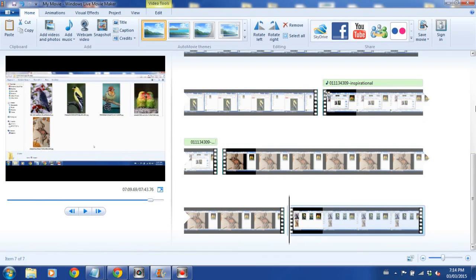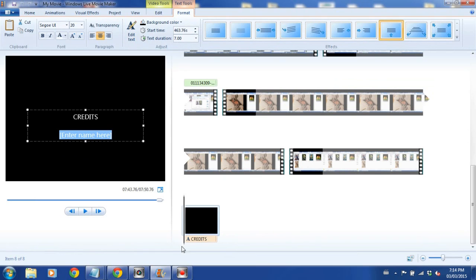You've got your little speed section in there and your music happening, and at the very end you want to add credits.